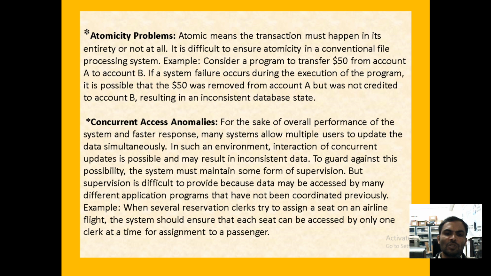At a time, two tickets means, based on the time, based on the thread, it will execute the two tickets. The remaining 8% cannot get the ticket. Concurrency access means parallelly it is accessing from the database server.